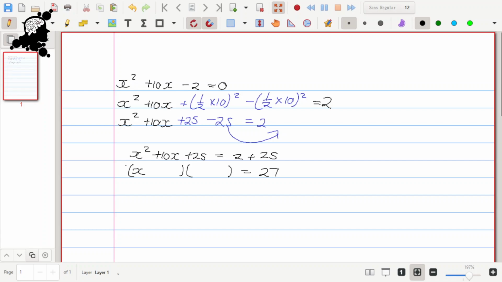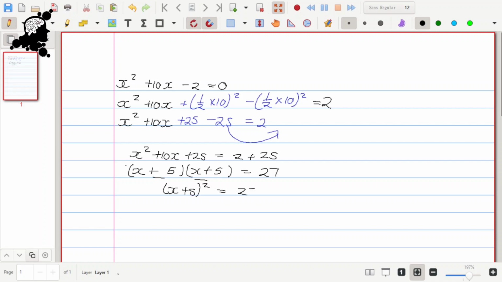I'm going to have x in the first bracket, x in the second bracket. The last term is positive, so our signs must be the same. Which sign do we take? The sign of the middle term. So this is positive, this is positive. Factors of 25 that I'm going to use are 5 and 5. Now remember, with the perfect square you will always end up with the same bracket twice. As you can see, we've got the same bracket here, so we can write this as x plus 5 squared